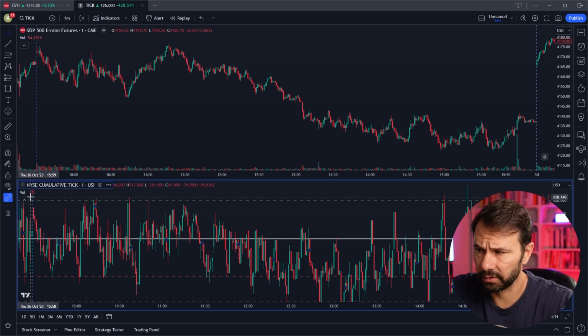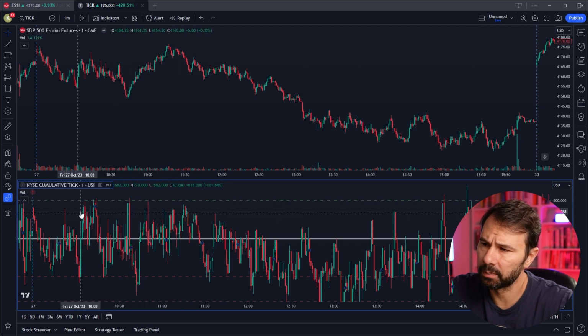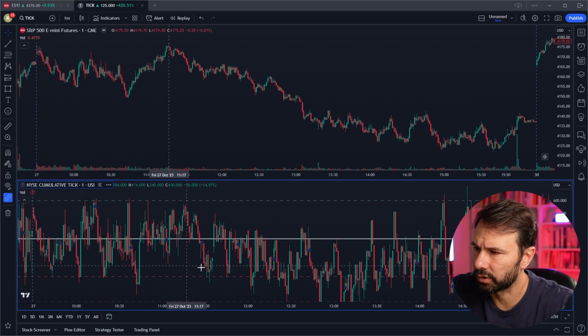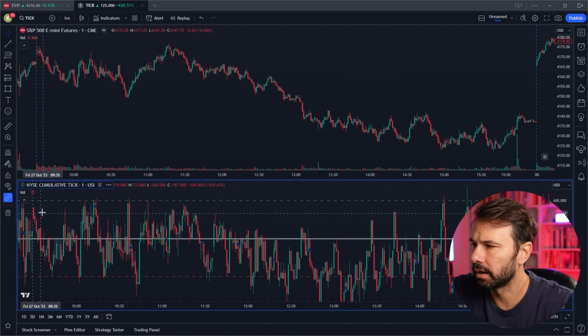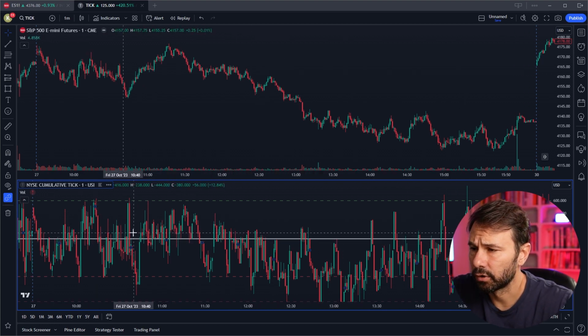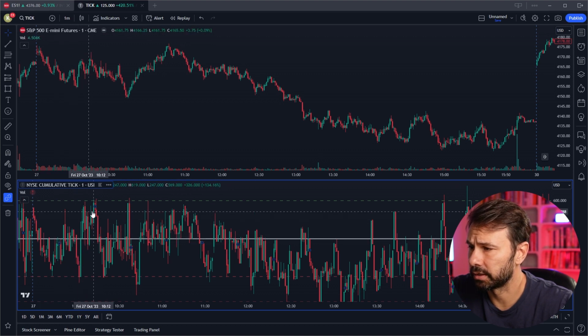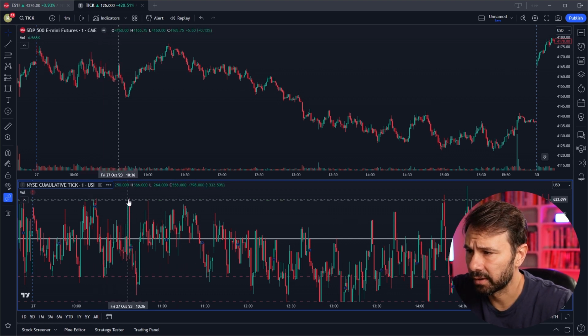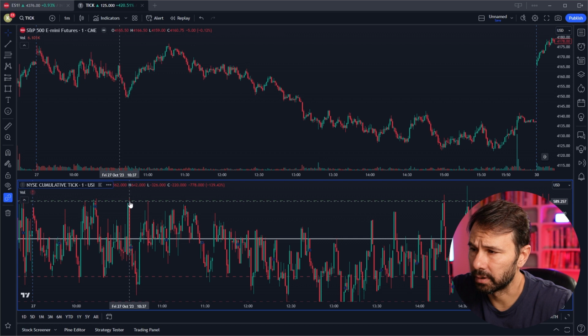So if this is the first time you look at this chart, please bear with me. I know it looks chaotic and complicated, but it's not. Basically, I do have this zero line. So this zero line can help me gauging when tick chart is positive and how many and when tick chart is negative. For instance, in this case, at some point I had at the tick chart a plus